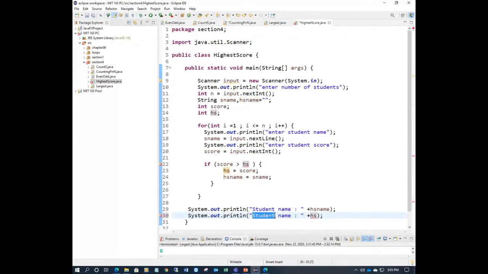The highest score should also initially be assumed equal to 0.